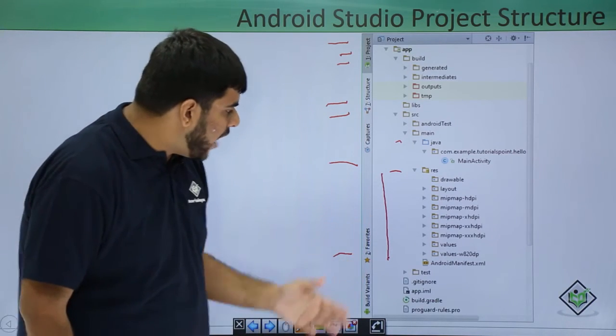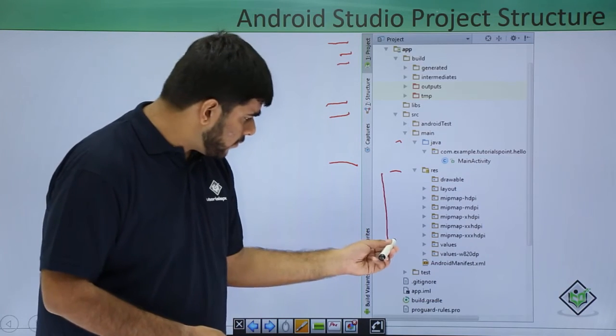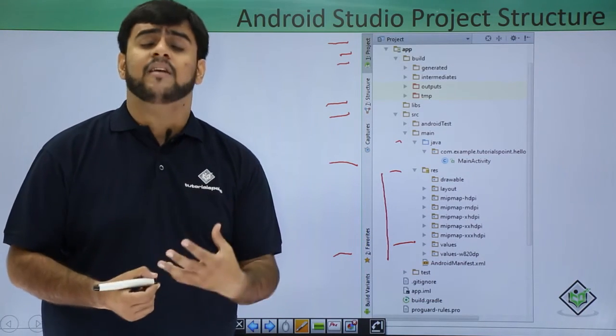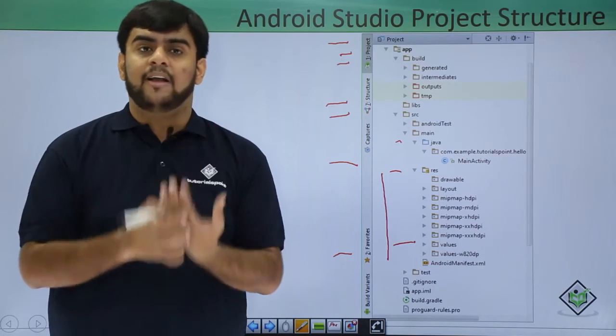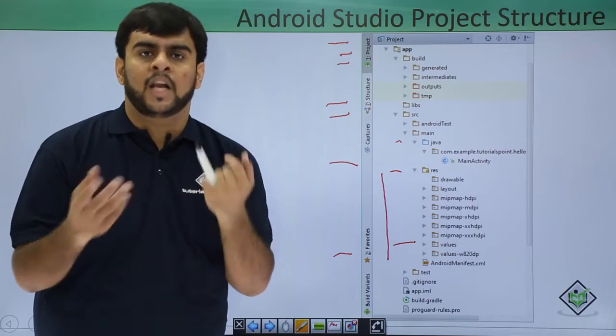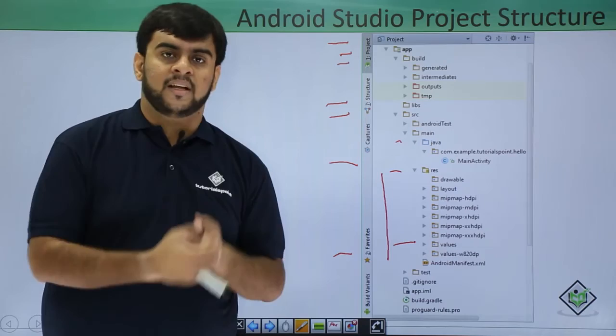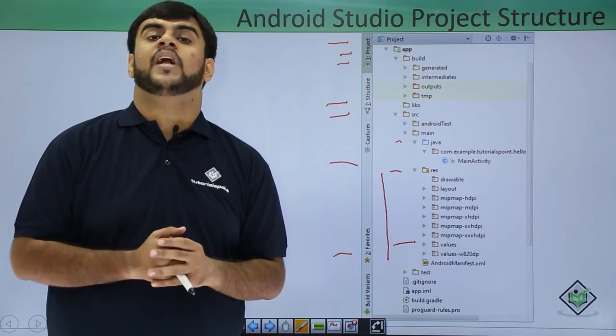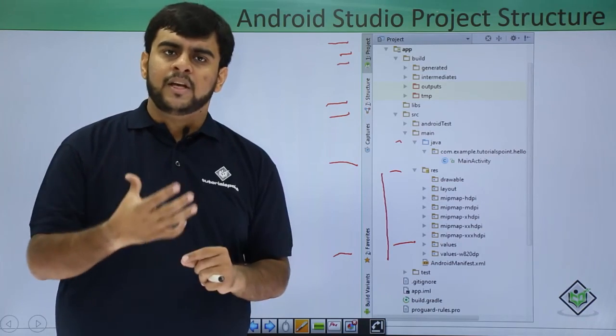After this, we have the values folder. The values folder holds static components, static files, or static values. Say the name of the application, like in this example, Hello World, or some string component that I'm going to be using. So any static component